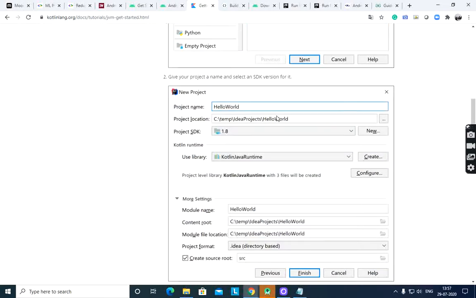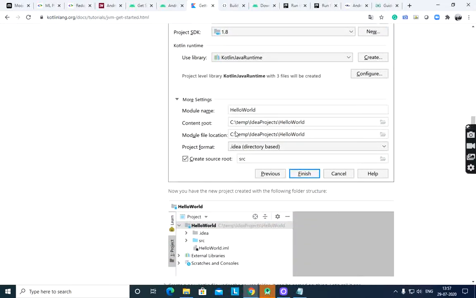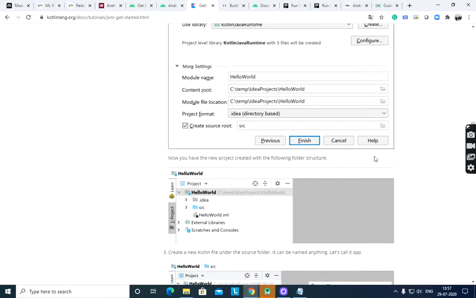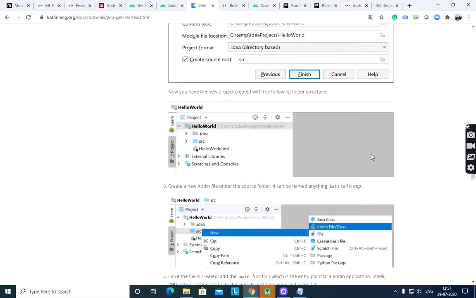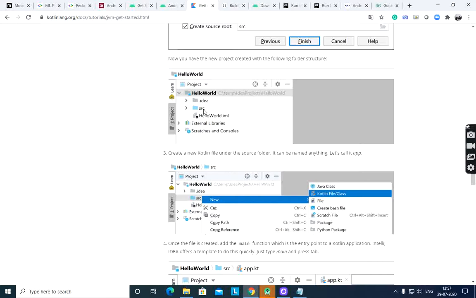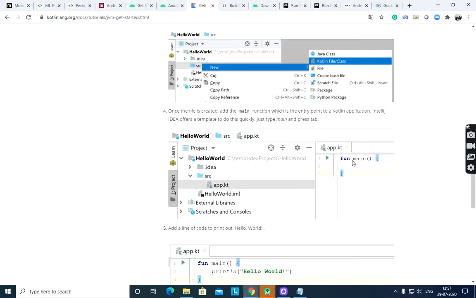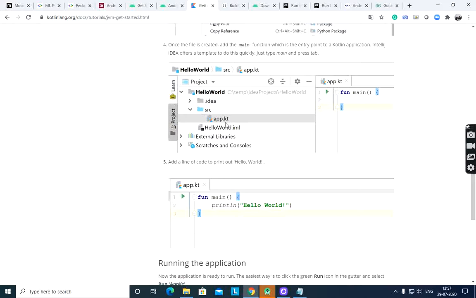Next, give the name of the project, use a library Java runtime, SDK, JDK version is there, module name, all the values you have to give, and then use the source file. Here the src folder is there in the project structure. In the source file, new Kotlin file class, it will create app.kt automatically.